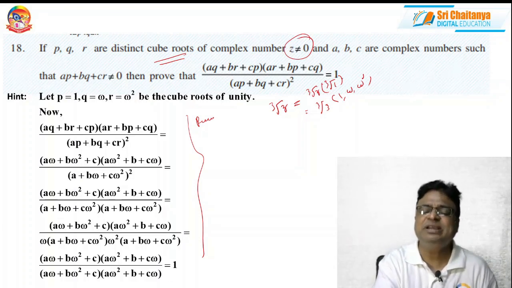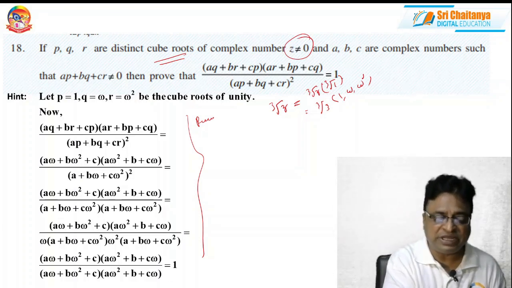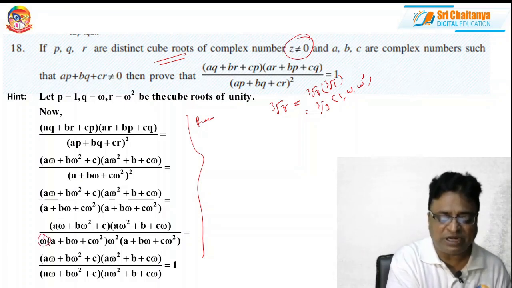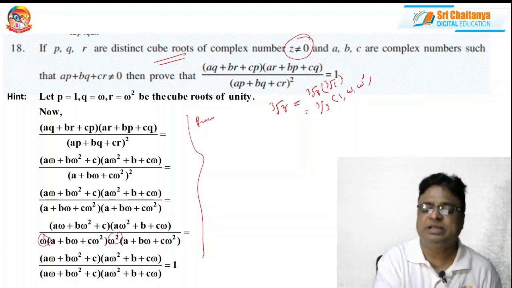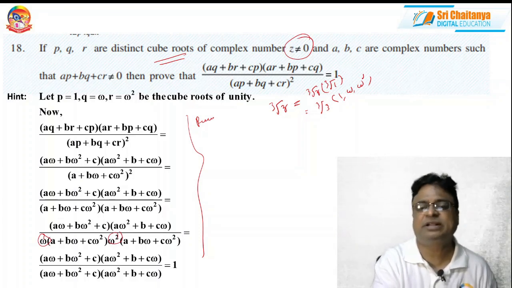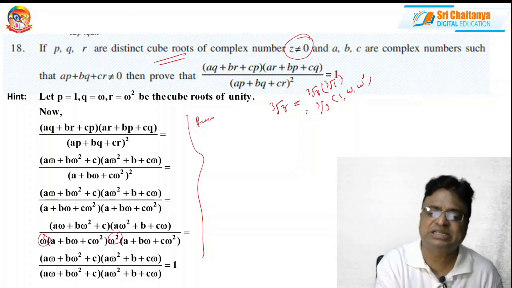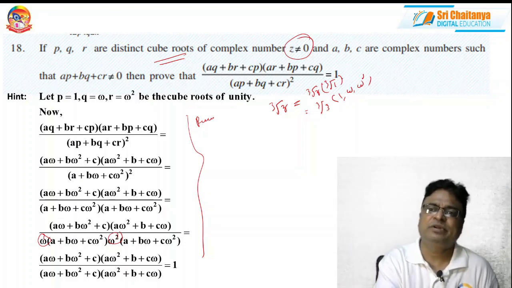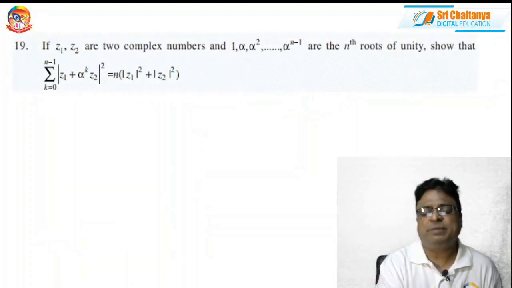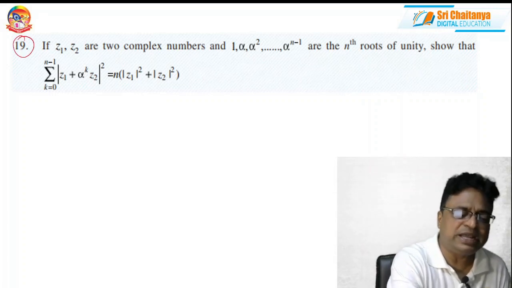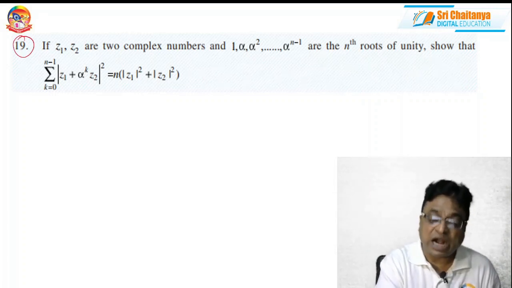That's why this is the brilliant step. I have multiplied omega and omega square to each and every factor of the denominator. Thereby, I got the same numerator in the denominator also. So both the terms get cancelled, and I got the answer as 1. Clear? Okay. Now, coming to this, this was a brilliant problem, and they asked this question in one of the advanced